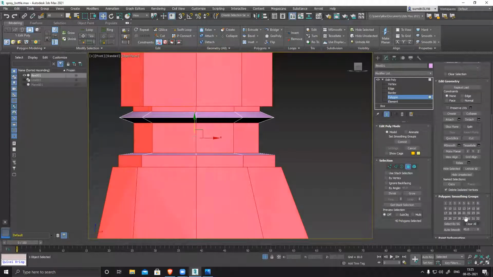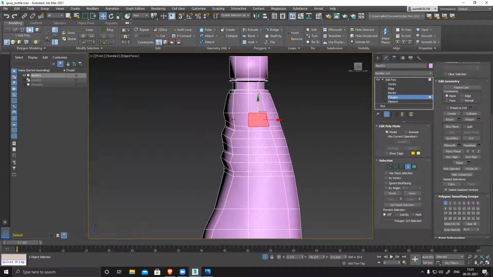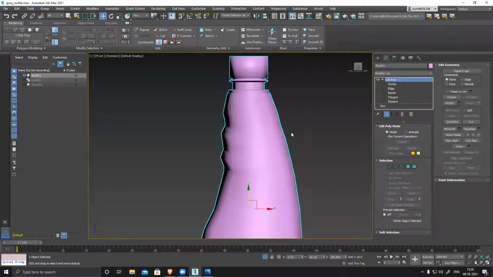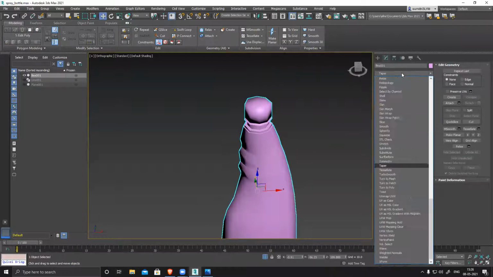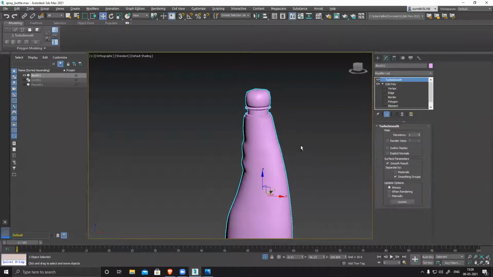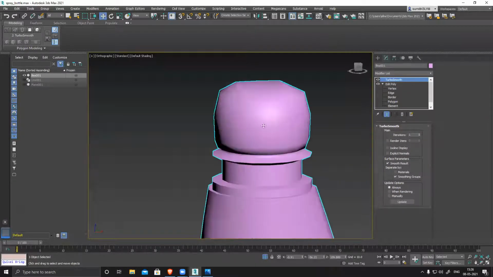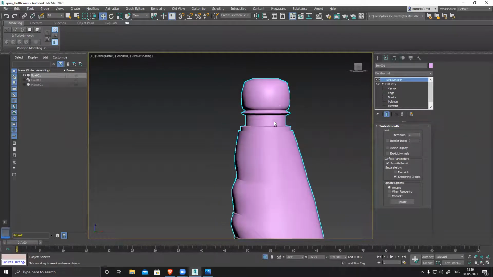So I'll just clear and apply one. So the rest everything has become one. And if I apply turbo now, you can see the top part, the polygroup is changed. Still, I have to fix it.